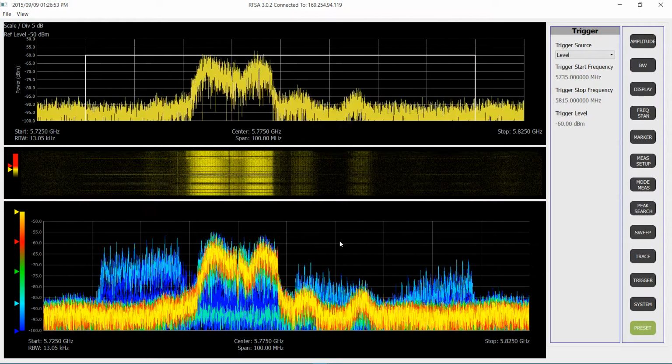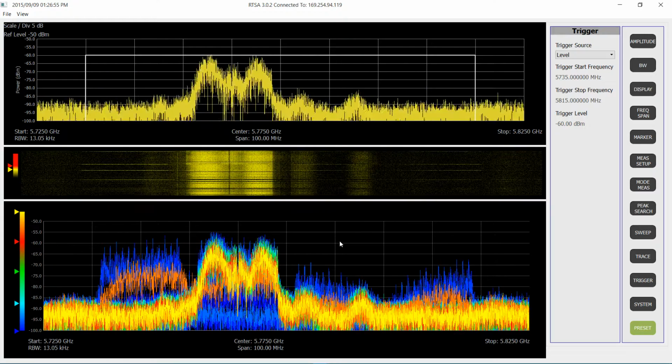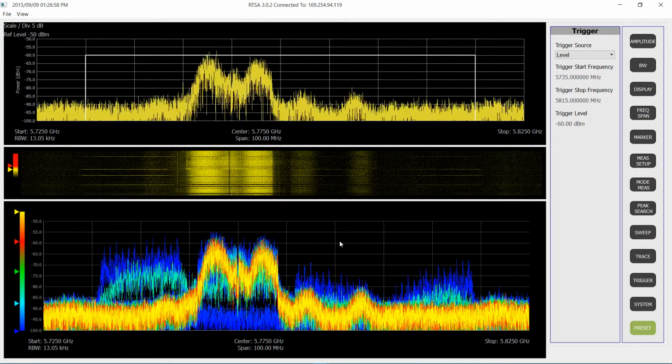So that's a quick snapshot on using real-time spectrum analyzer for looking at Wi-Fi and Bluetooth,